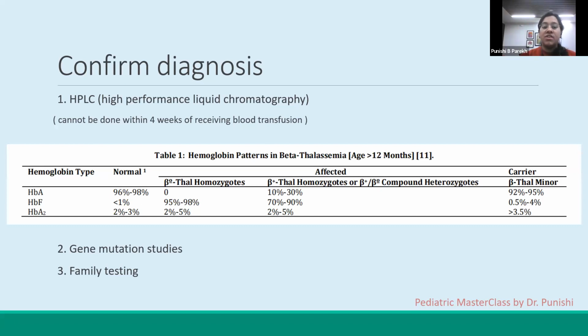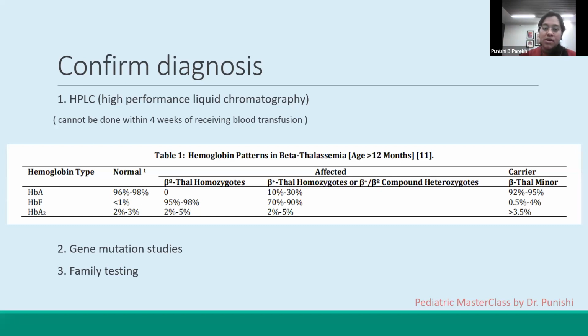globin chains is not as severe as that of your homozygotes or your beta thal majors. So they will have HbA production, but their HbA2 will be elevated. So like I said, HbA2 normally is less than 3%, but their HbA2 is more than 3%, so 3 to